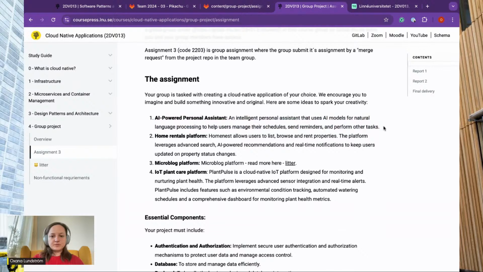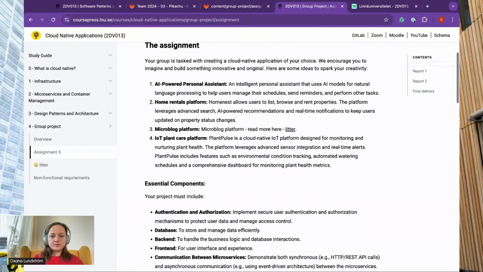If you're interested in AI, you can try to deploy one of the AI models as a microservice. If you're interested in IoT, you can come with your ideas to me, and we can figure something out. If you want to build something for yourself or your work, let's try to design it together.